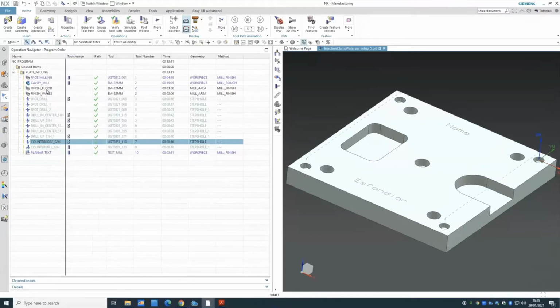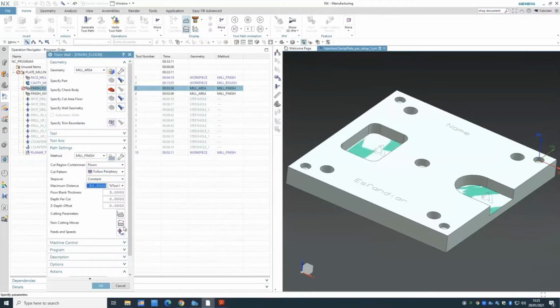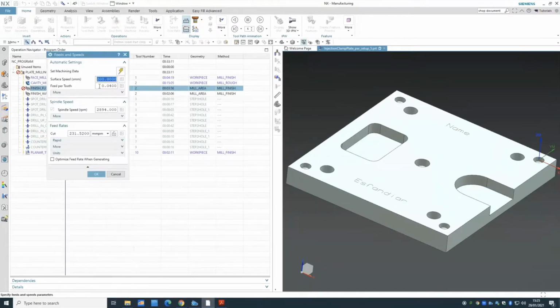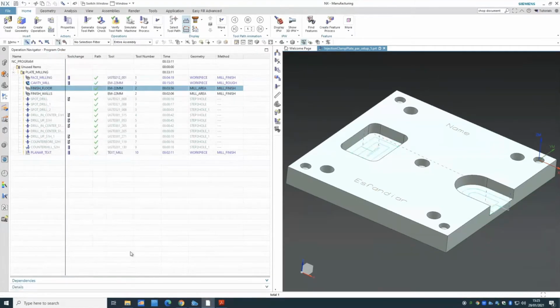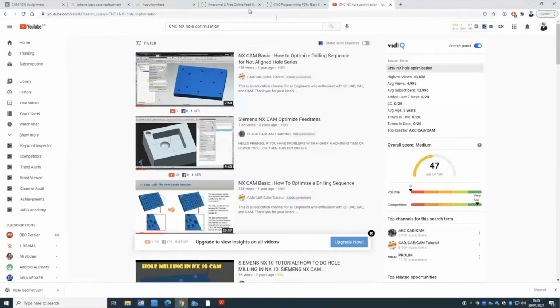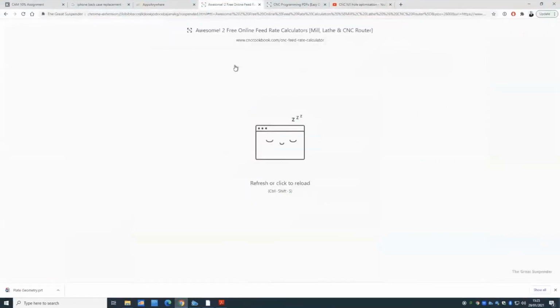Which is what we've done for every single one of these activities that we've done before. So you can see all of those. I put in the surface speed, feed per tooth, and I click on the calculations, and I got the spindle speed. But basically, if you ask the people who work in industry, or a technician, they have the handbook. Usually they go for that. So if you go to Google and search for